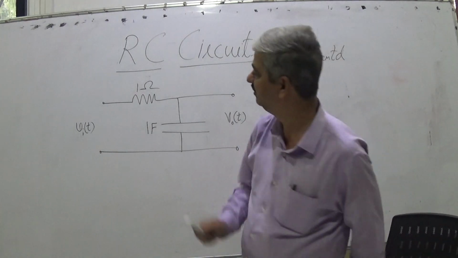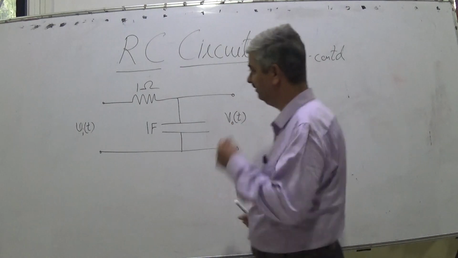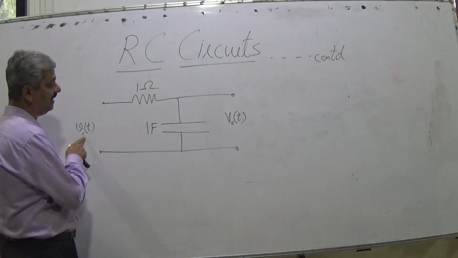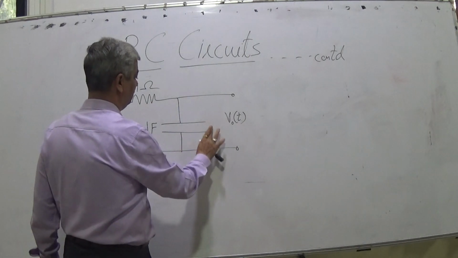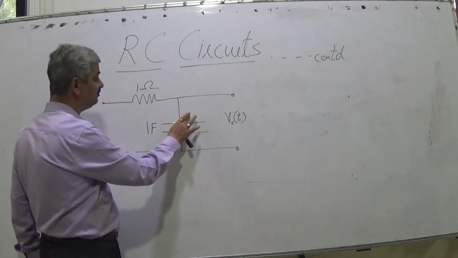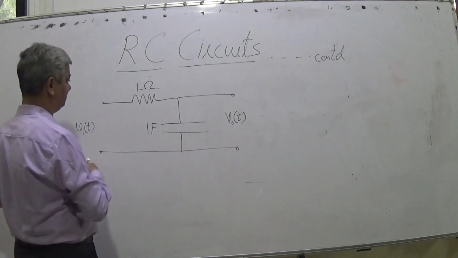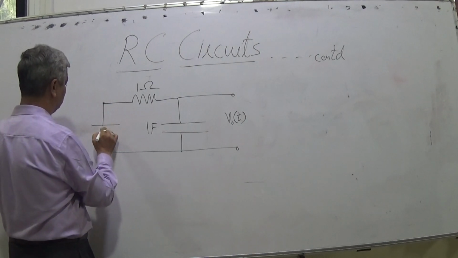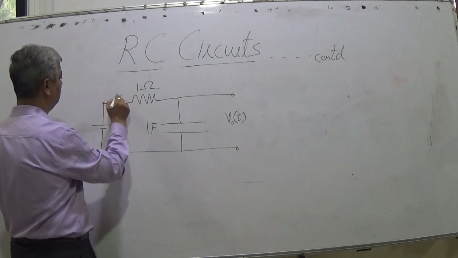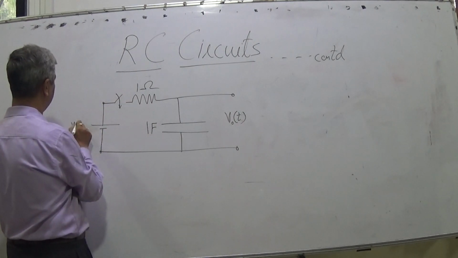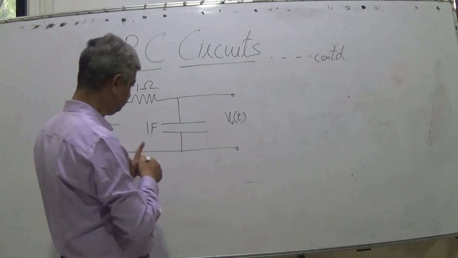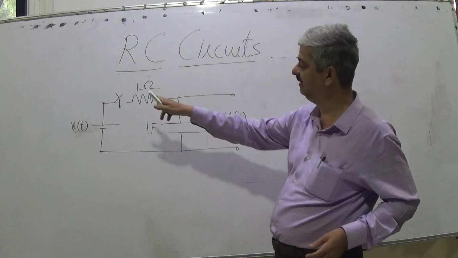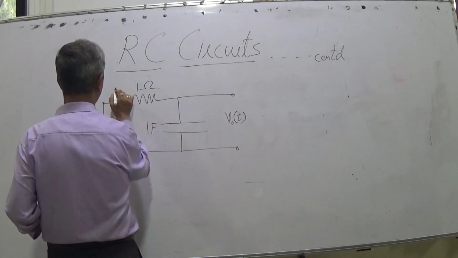So last time, in general, there is a resistor, there is a capacitor, input we connect at one end and at the other end we connect the output. We have seen in the last lecture that this input was a simple DC voltage source of 1 volt, and there is a switch which we connected. This is V in t. And a resistor of 1 ohm, a capacitor of 1 farad, and we close the switch at t equal to 0.